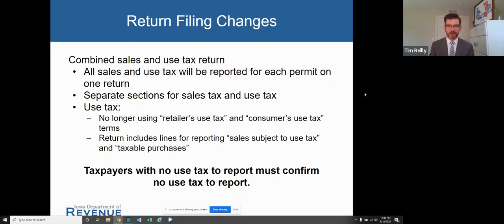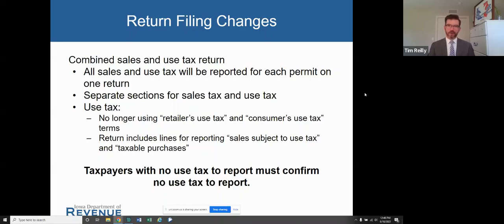So that means every month, let's assume most taxpayers here in this group are monthly filers over the $1,200. Everything will just be reported every month. Payments will be due every month. And so you'll see in a second, I'll show you some slides that are screenshots of the electronic return and also the new paper return.